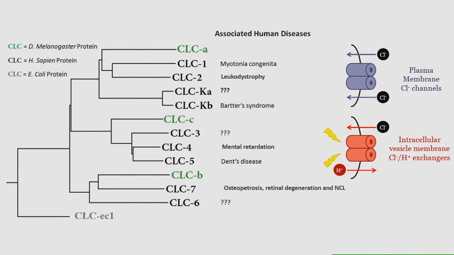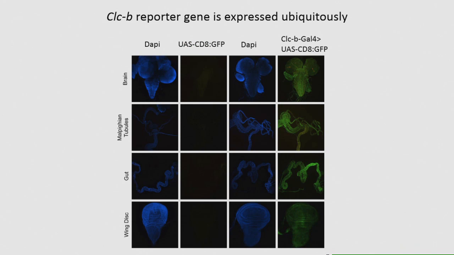It's a dense, brittle bone disease, and these patients also show symptoms of neuronal ceroid lipofuscinosis, which is a subtype of lysosomal storage disorder. So we thought it would be interesting to look at the fly orthologs of these genes and find out more about the detailed cellular function. First of all, we looked at expression, and this is just the clique B data showing that it's expressed ubiquitously,